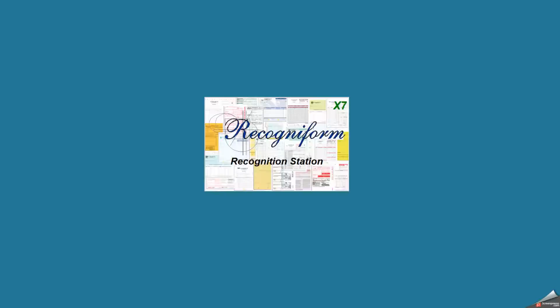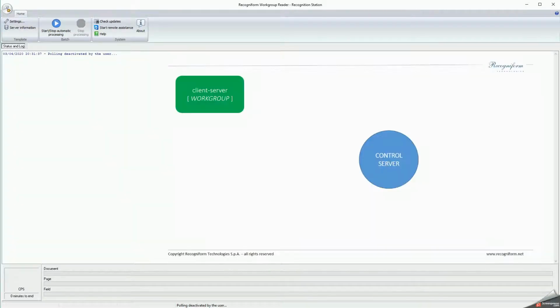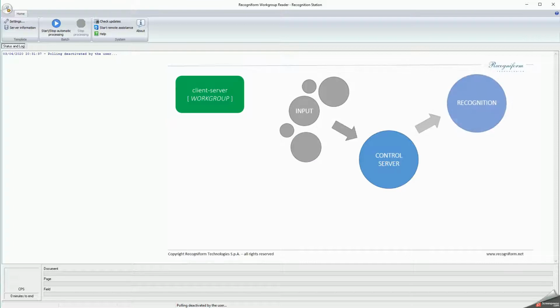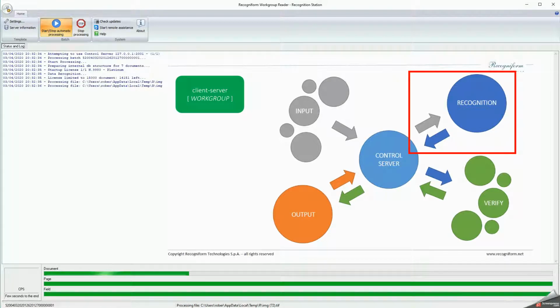Recogniform Recognition Station is the core of the data capture flow. During the recognition, documents' images are optimized, and information is captured and verified according to templates instructions. At the end of the recognition, each batch returns to the control server, marked as ready for verification, or for